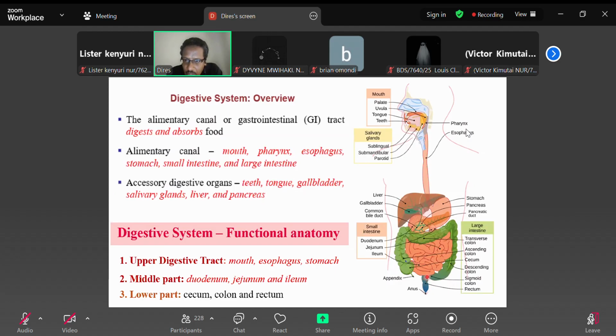By the way, when the food is moving down, it is collected here in the rectum. Undigested food collected in the rectum, and water is absorbed, and the feces becomes dry, semi-solid. When the rectum is distended, what will happen? When undigested food accumulates here in the rectum, something happens. What will happen?